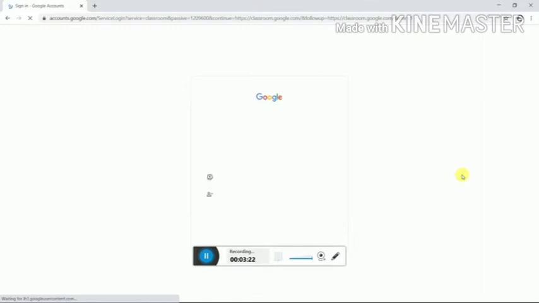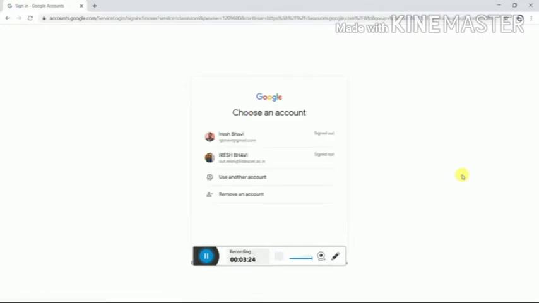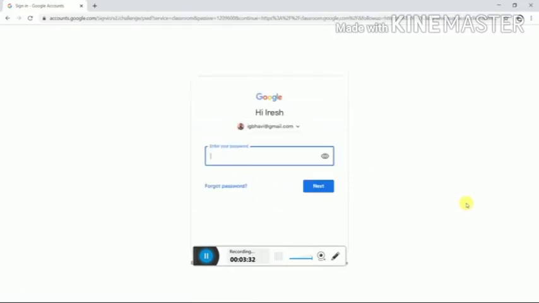When you open classroom.google.com, it will ask you to log in to your account by using any of your Gmail IDs.